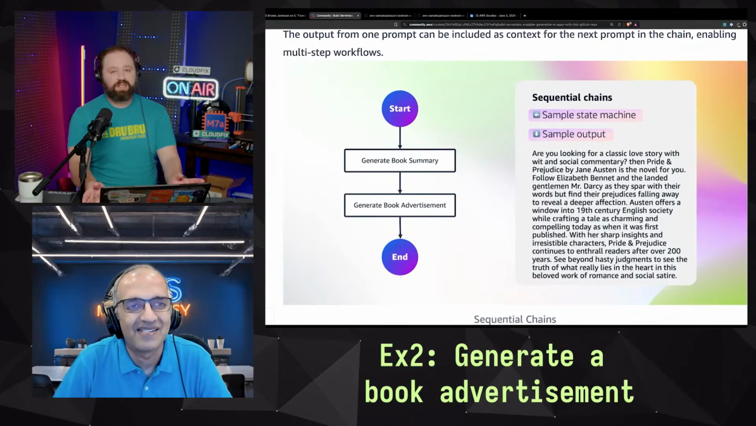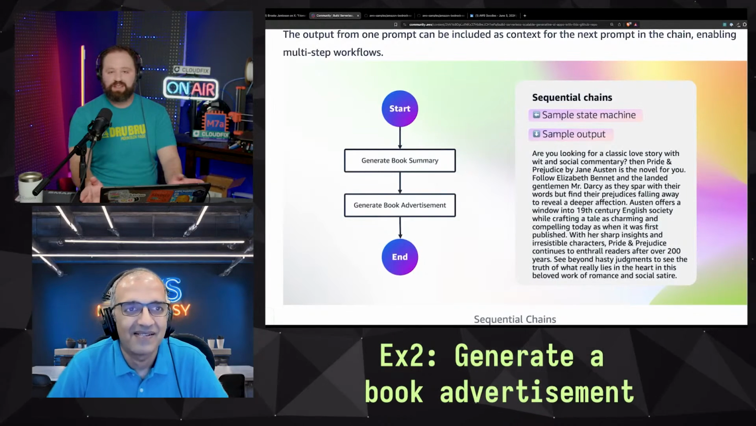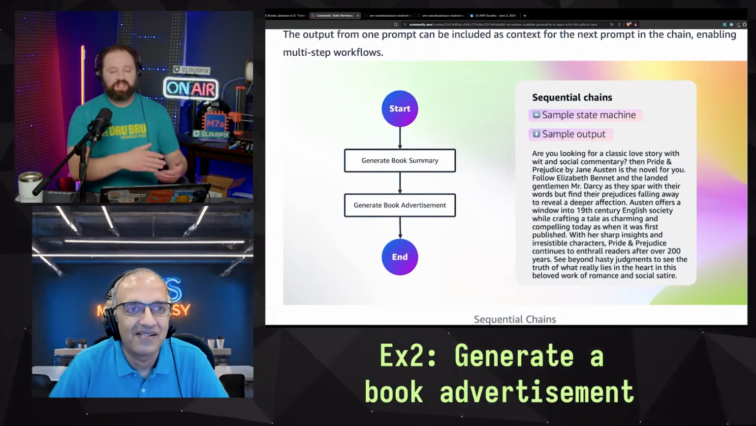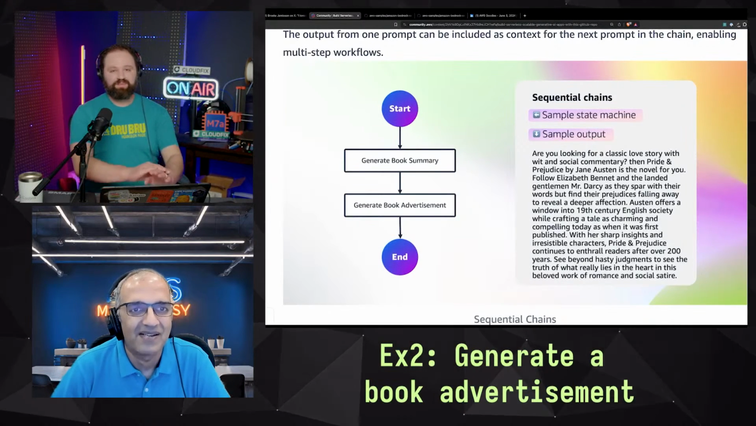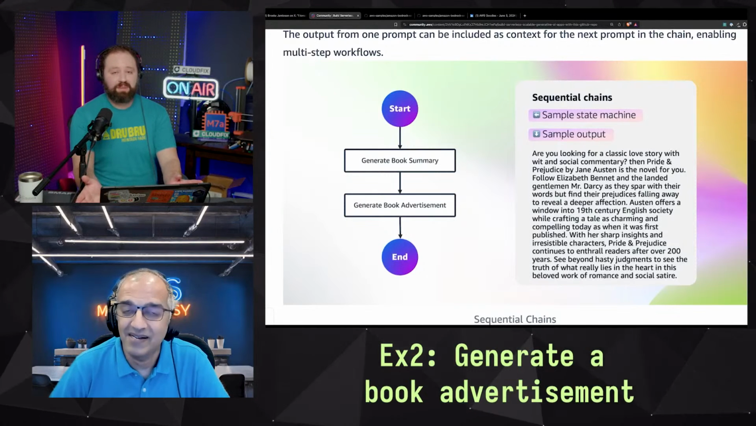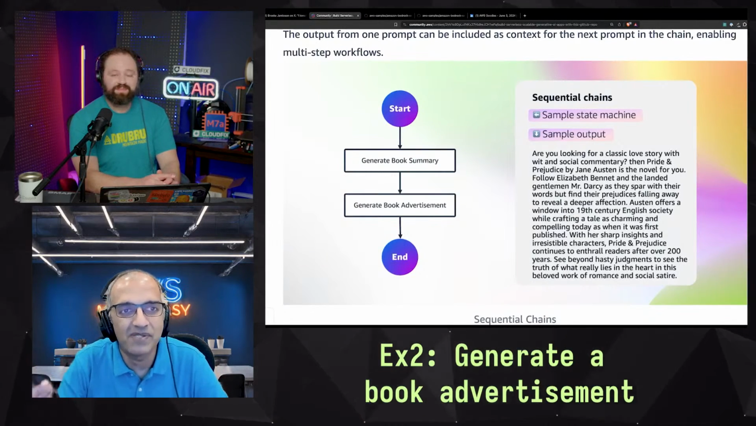And so this could be two different models, right? The first one could be Claude, the next one could be Haiku. You could use ChatGPT, you can have totally different, whatever it is, right? Or in fact, different tunings of the same model. In fact, if I were to take this one step further, the generate book advertisement could have a